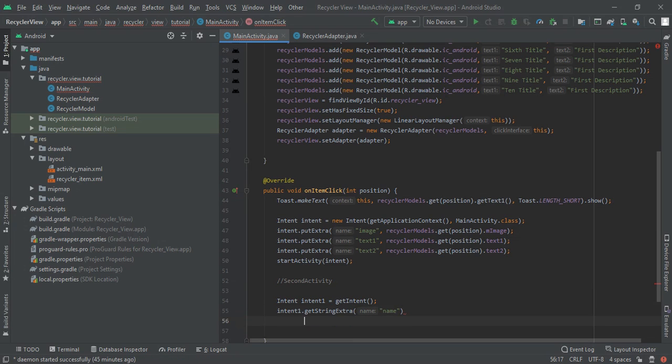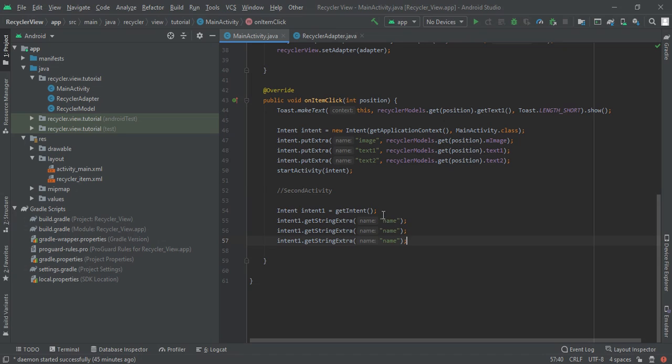Here you can see that I have passed my item, and now I am adding other same strings. This you have to do in the second activity's onCreate method. Then you can set this data.